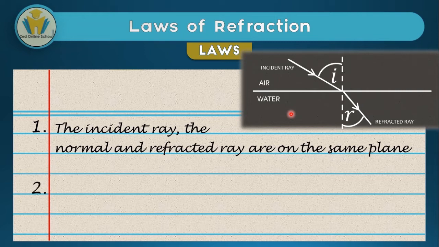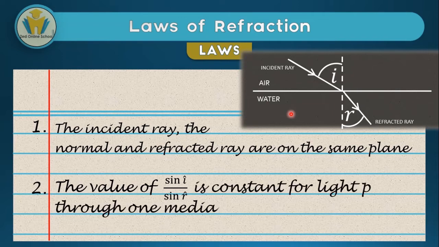The second law talks about the value of the sine i divided by sine r being a constant. What this means is that if we get sine of the angle of incidence and divide it by sine of the angle of refraction, we are going to get a certain number that will never change for those particular substances. Let's say we have air and water in this example. If light travels from air going into water and we use the sine of the angle of incidence divided by sine of the angle of refraction, the answer we're going to get will be constant